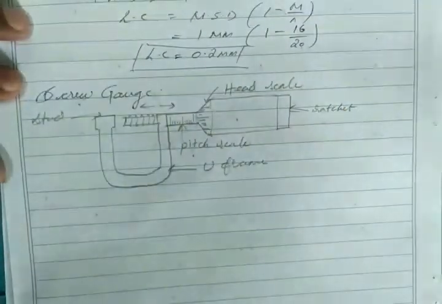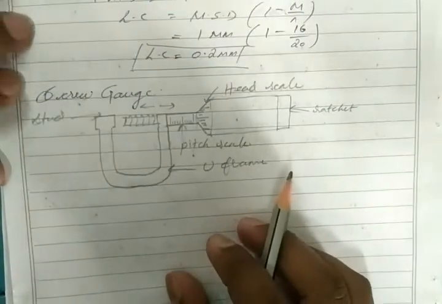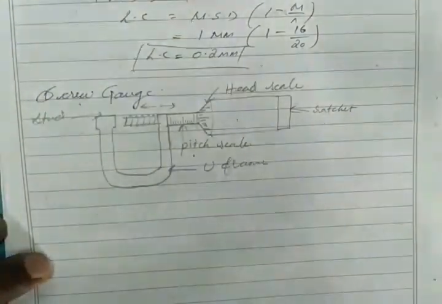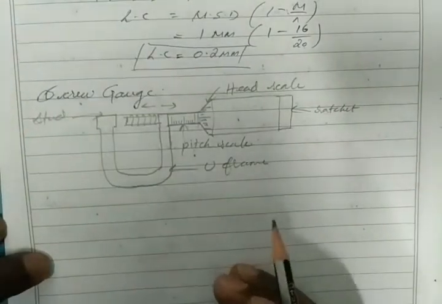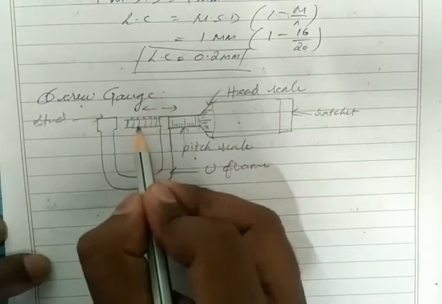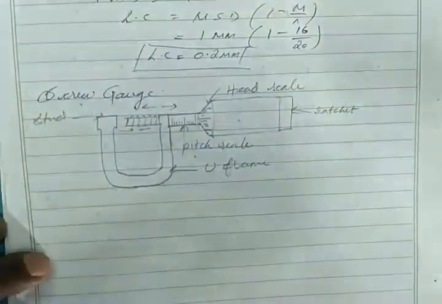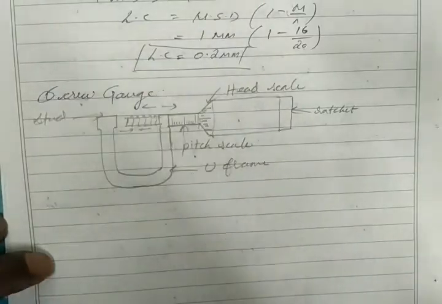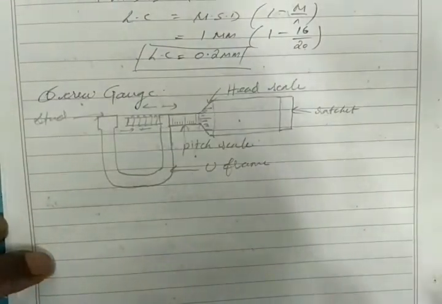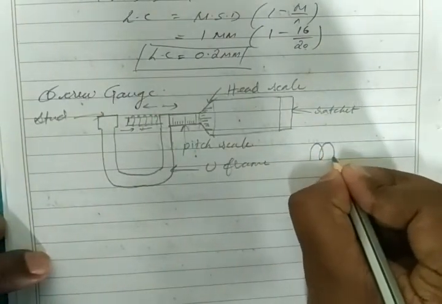You will see everything in our lab. We have a number of screw gauges. You may understand well while we are doing this practical. So this is a small construction. Here the important thing that you have to notice is pitch. This screw has a number of grooves. Pitch means the distance between two consecutive threads. In a screw, or a nail, you will see a number of threads which are machined on the nail.